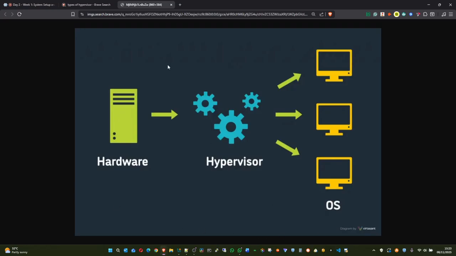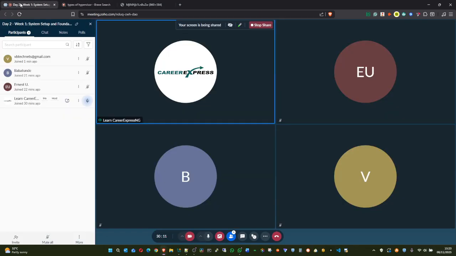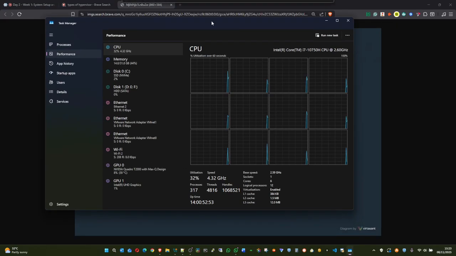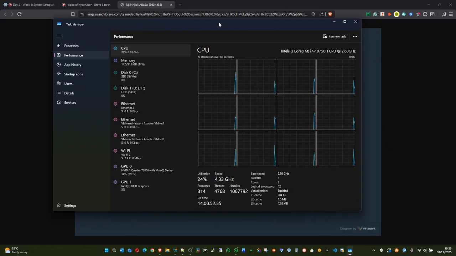Like mine, if you check right here, let me show my processor so we can see exactly what I'm talking about. You can see my computer right here. How many cores processor am I using? 1, 2, 3, 4, 5, 6, 7, 8, 9, 10, 11, 12.